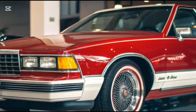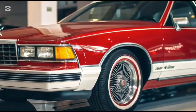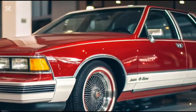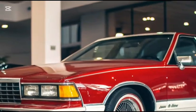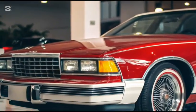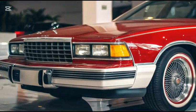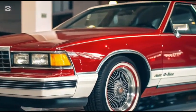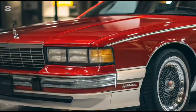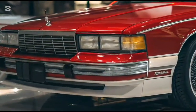Today, we are going back in time to review a true classic from the golden era of American sedans, the 1990 Chevy Caprice. This full-size, rear-wheel drive car was a staple of American streets, a favorite among families, police departments, and even lowrider enthusiasts. With its bold presence, smooth ride, and classic V8 performance, the 1990 Caprice remains a beloved